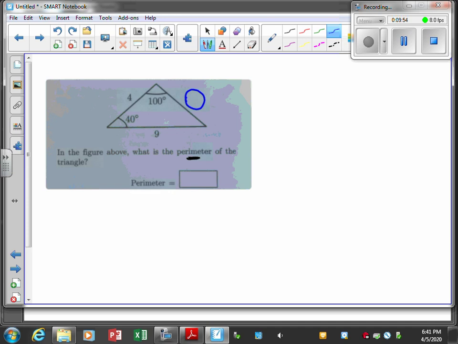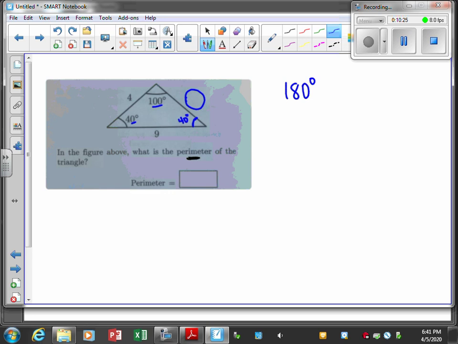Now we have to look at it and think about some properties of triangles. First of all, triangles add up to 180 degrees. Well, that's 40, that's 100, that's 140. What's that make the last one? 40 more. So first of all, if I figure that out, and then I can see that this is an isosceles triangle, and it's isosceles because two sides are the same, right? So if two sides are the same, then